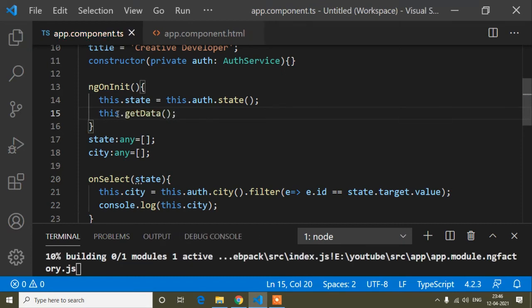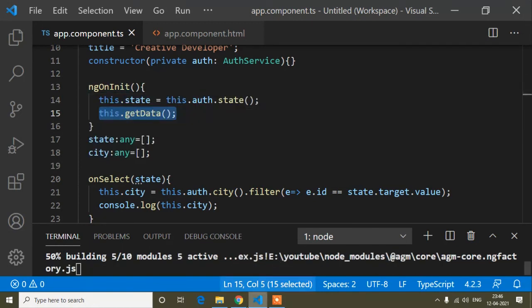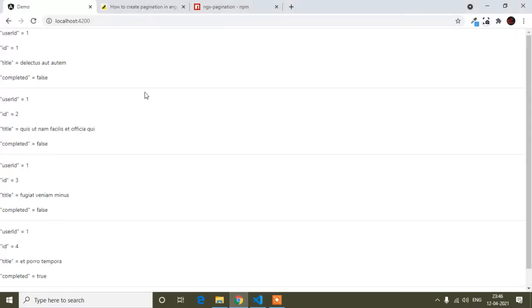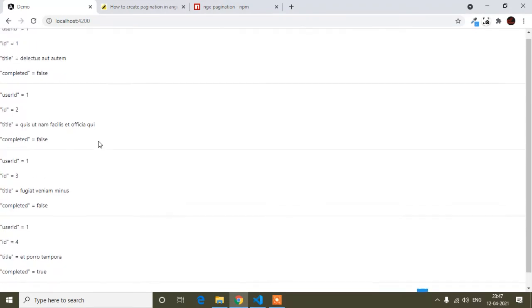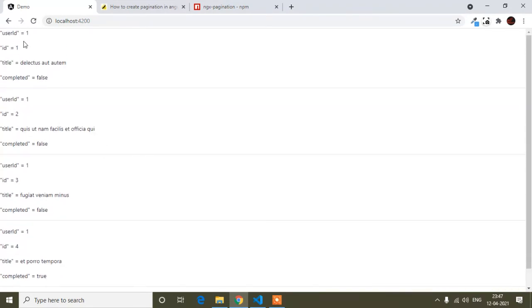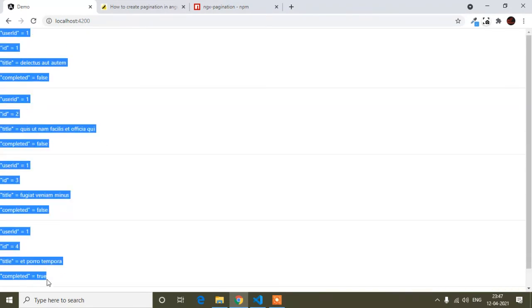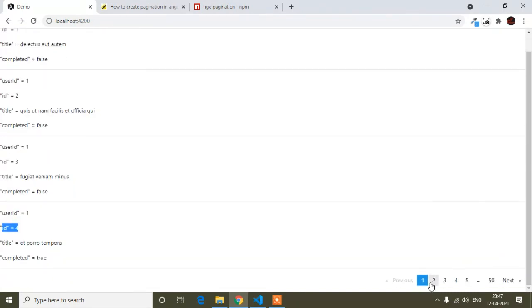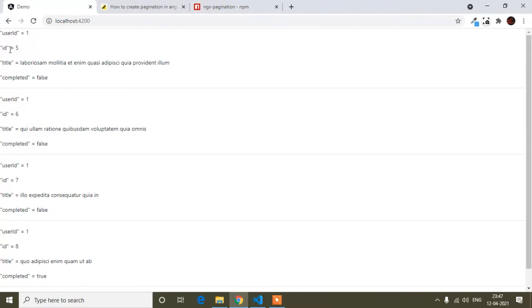So now this get data method will be called when our page starts to load, I mean when our component is created. So now I call this method, and now you can see the data is coming, and in this first page you can see 4 data is coming here, id 4 you can see here. If I go to page 2, you can see it's changing.